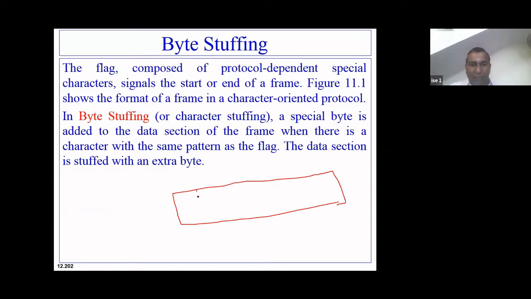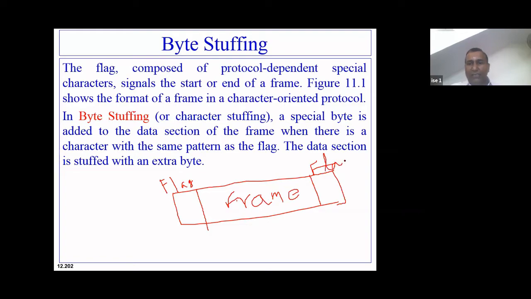To indicate the beginning of the frame, I'll have a flag part. I'll call this a flag. And again, to indicate the end of this particular frame, there is another flag. So this entire middle part is a frame, and these are flags.